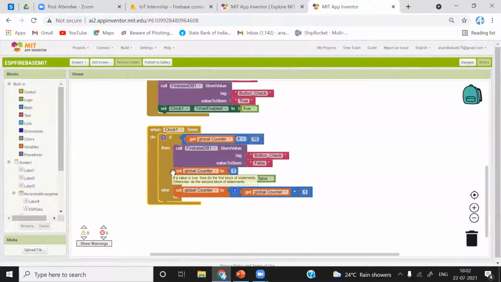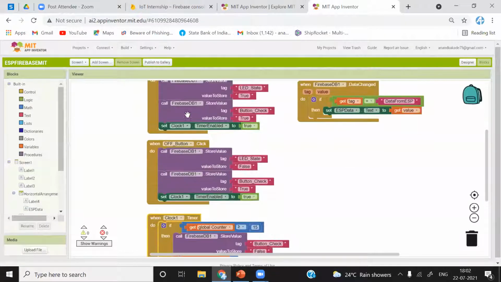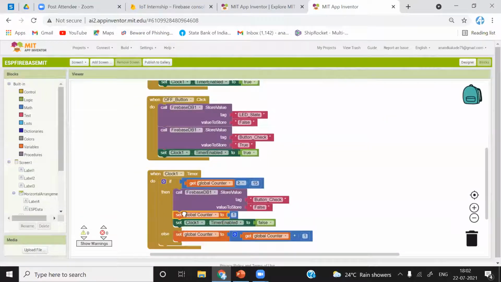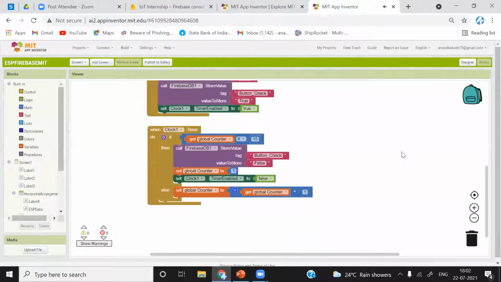We will quickly check this, and then we will start with the Android Studio. I will connect the app. Okay, each and everything other than this block, which is set global counter to 1, everything is same. You can see that. So I will just quickly connect with AI Companion, and then we will check.